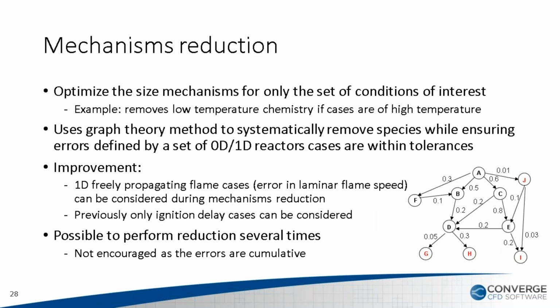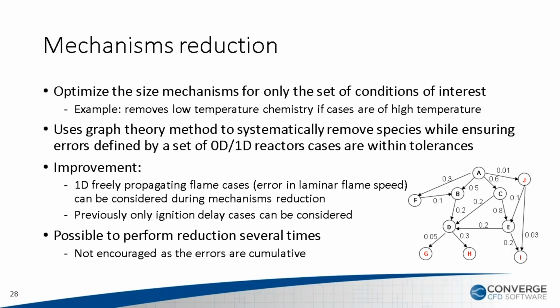First, we'll go over the reduction tools that we have. The goal of mechanism reduction is to optimize the mechanism for the set of conditions of interest. For example, if you're running only high temperature cases, it could technically remove the low temperature chemistry. The operating principle is that we use a graph theory method to systematically remove species, while ensuring that for a set of 0D and 1D cases that you give us, the error for those cases is